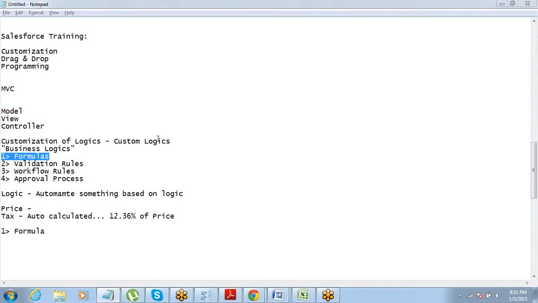So formula is basically a field type. The way you have other field types, we have seen the lookup field type, and we have seen the text field, and we have seen the number, phone number, currency. So these are the field types. The same way, we have a field type which is called formula. So it's one of the field types in Salesforce. So any field which you think should contain a formula, you should select the field type for that field as formula field type. Okay, then you can put whatever formula you want, right? So let's do a small example and look at it, and then it will become easy.